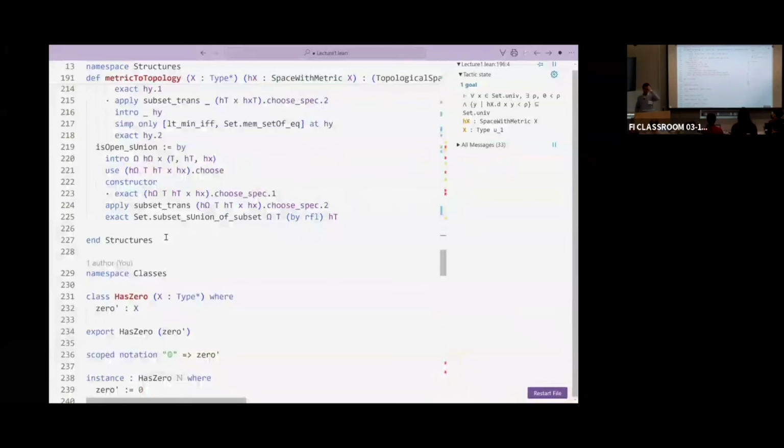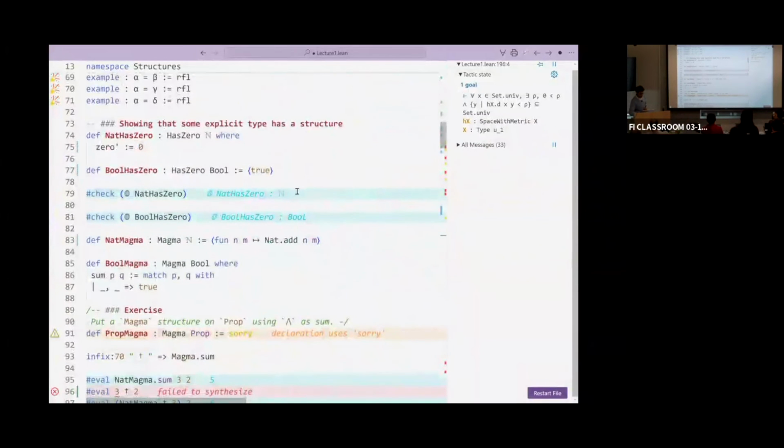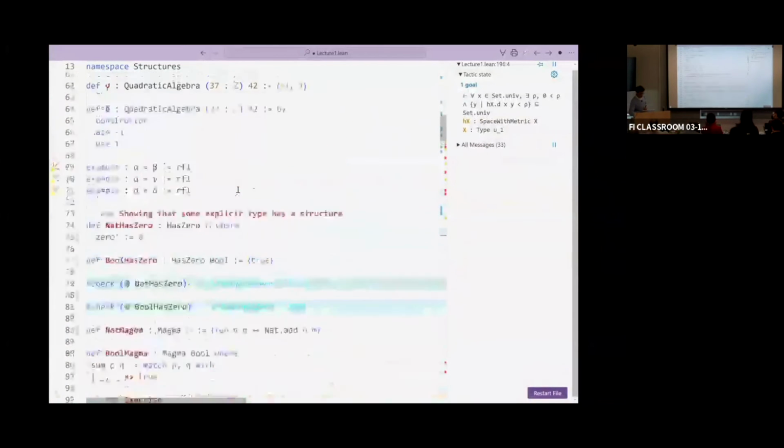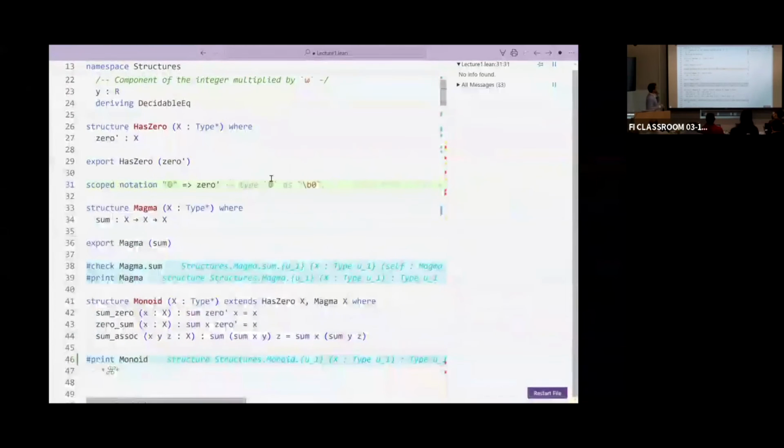So why is it a problem? And why do we need type classes? One hint at our need for type classes I've already given you was the fact that the dagger notation I tried to introduce for the operation on the magma was not working. Another one, again with a definition that I've skipped, was about the zero. So you can say, oh, I want to use this notation bold zero for the zero in a has zero thing. Why not? You can do so.